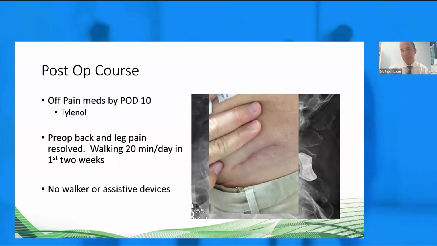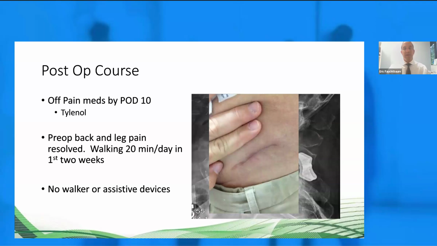This is an incision. I would actually say this is a slightly larger incision, but typically you can see it's from the tip of this person's finger to their second knuckle. So it's a relatively small incision through which we're able to perform powerful corrections of deformities, stabilize spondylolisthesis, and take pressure